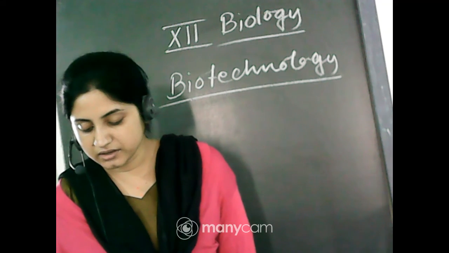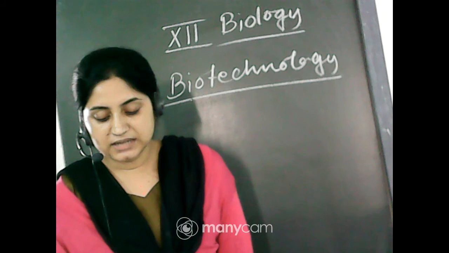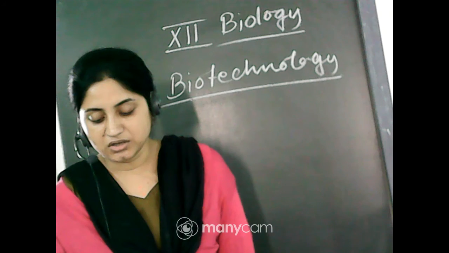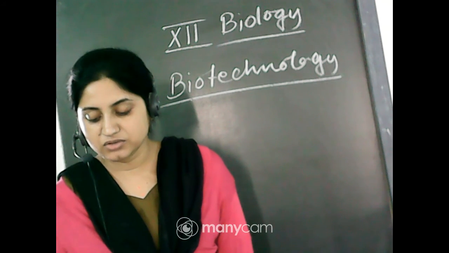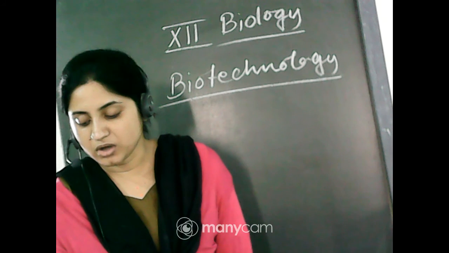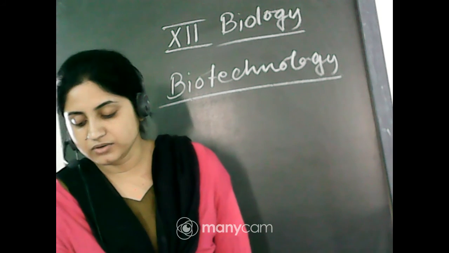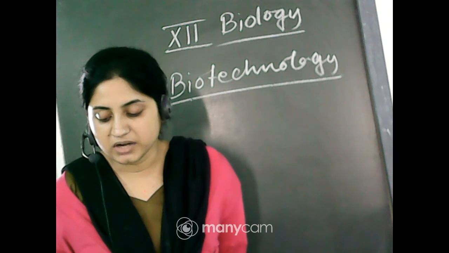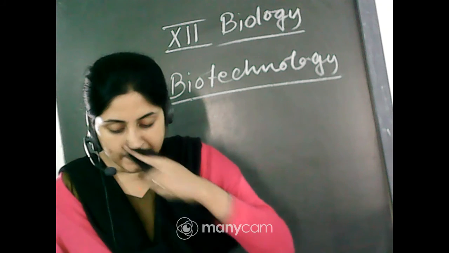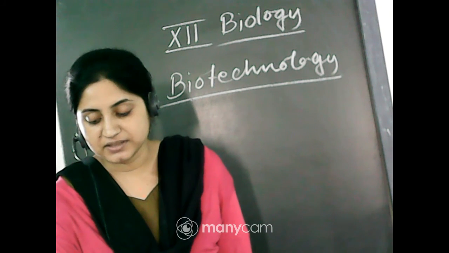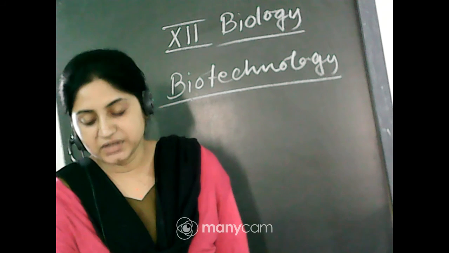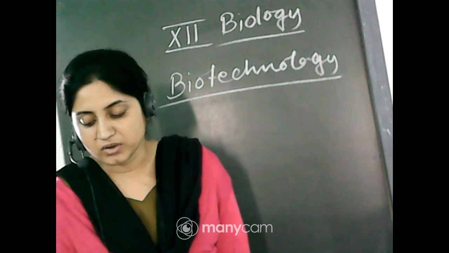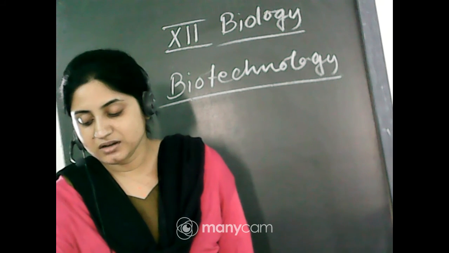Amplification of the gene of interest using PCR. PCR stands for polymerase chain reaction. In this reaction, multiple copies of the gene of interest are synthesized in vitro using two sets of primers, synthetic oligonucleotides that are complementary to regions of the DNA, and the enzyme DNA polymerase. The enzyme extends the primer using the nucleotides provided in the reaction and genomic DNA as template. If the process of replication of DNA is repeated many times, the segment of DNA can be amplified approximately a billion times. One billion copies are made.